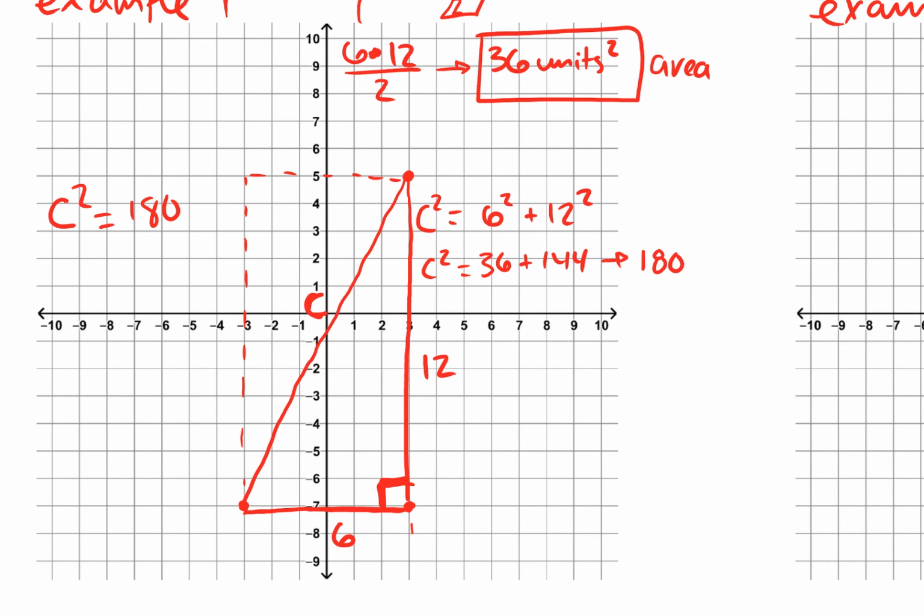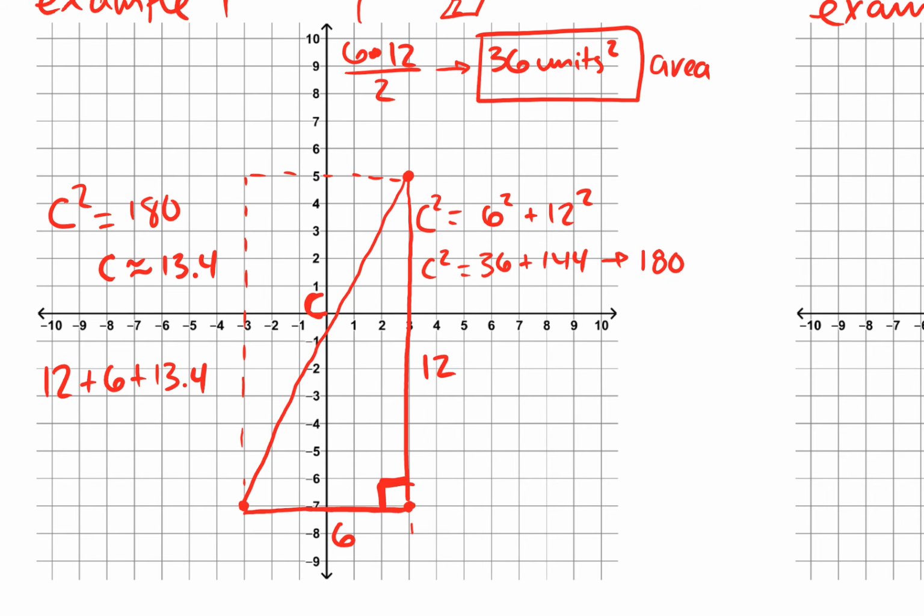And if I take the square root of both sides, there's two things that I can square to get 180, both the positive root 180 and the opposite of root 180. I'm just going to go ahead and look at the positive one, because it's the length of a side of a triangle. So I get about 13.4. So I might write C is approximately 13.4. So if you were going to write the perimeter of this, it would be 12 plus 6 plus